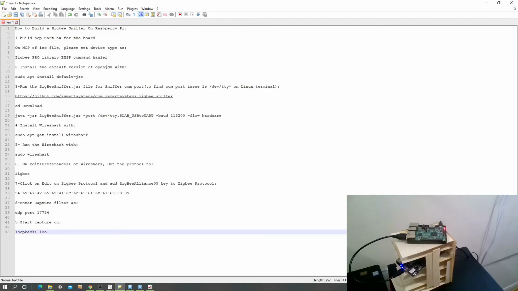Hello everyone, today we're going to show you how you can build a ZigBee sniffer on a Linux machine, which is a Raspberry Pi 3 version 2. Here I have a Raspberry Pi